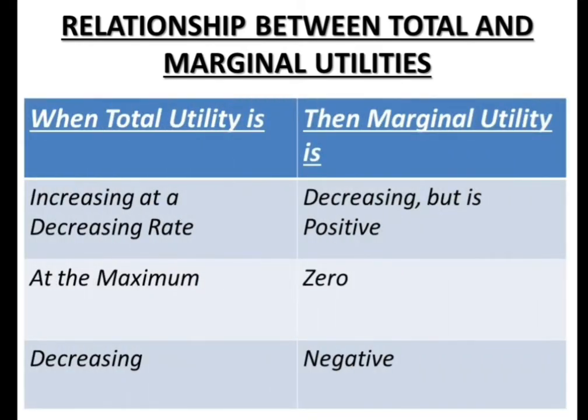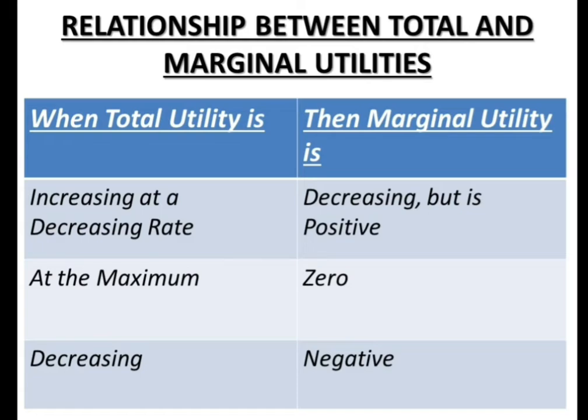Children, we can summarize the above studied relationship in the following 3 points also. The first point: total utility increases as long as marginal utility is positive. This is what we have seen, and we have proved it with the help of the schedule and diagram. This is about up to the 4th unit. The second point says that total utility is maximum, where the 4th and 5th unit is there, when marginal utility is 0, which we see on the 5th unit in the diagram. That means when the total utility is maximum, the marginal utility is 0.